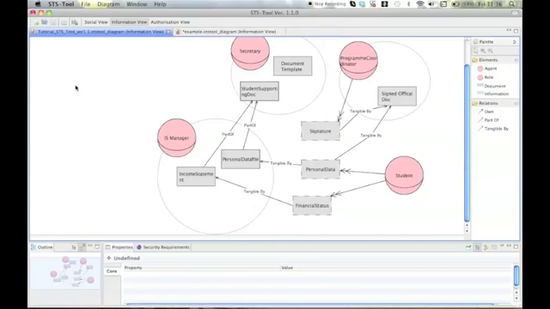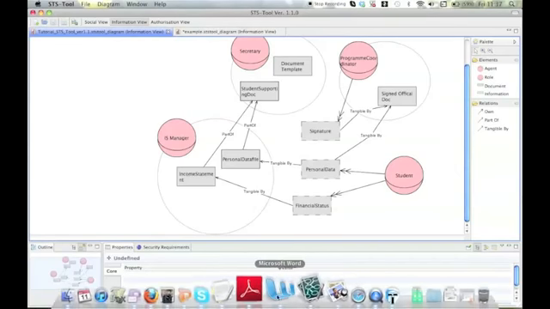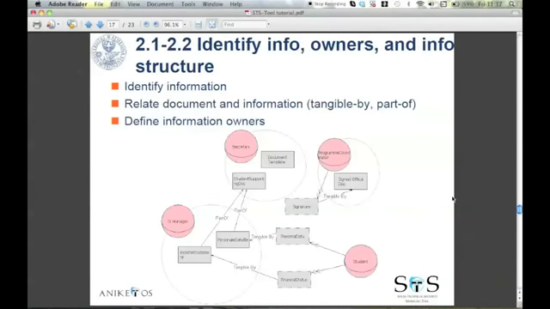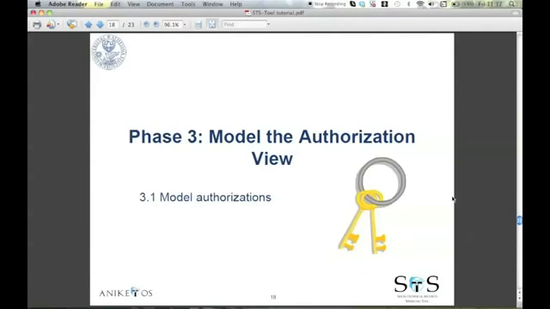Now the third phase includes modeling the authorization view. Now we have basically all the elements that we need to create it, because through the information view we have been able to identify which information is attached to the documents and who the owners of this information are. And now the idea is we want to represent in the scenario that we are modeling